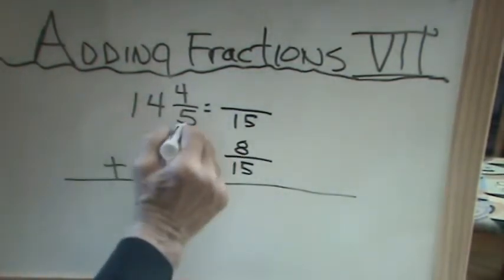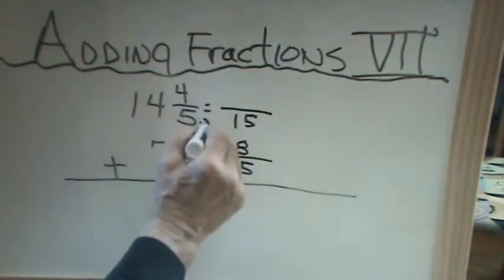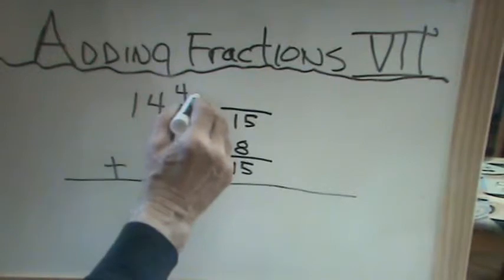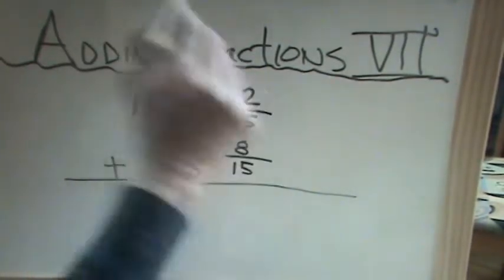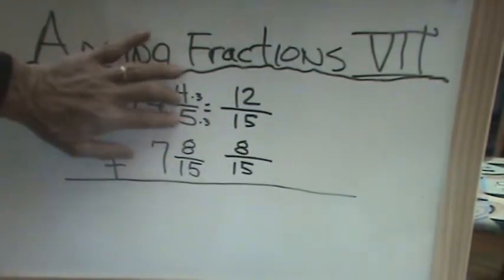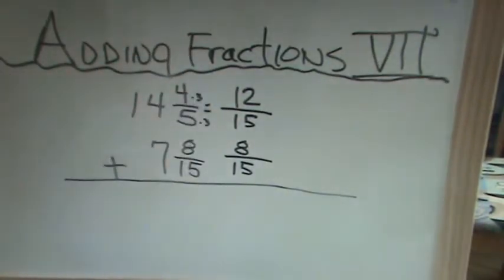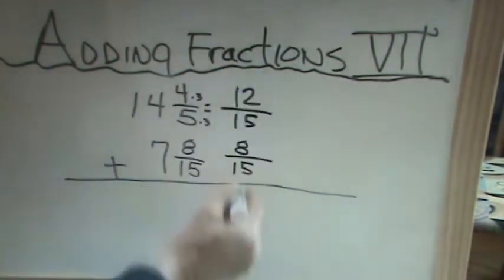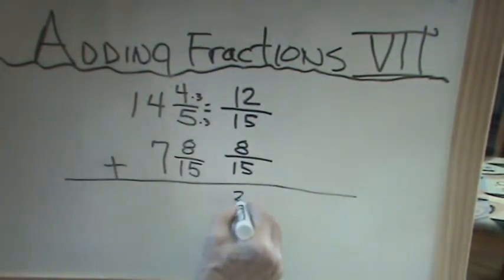Okay, so we say 5 times what number gives me 15? Well, 5 times 3 gives me 15. Then we have to multiply the top by 3. 4 times 3 gives me 12. So now I have raised the name of 4/5 to a fraction that has a denominator of 15, and it's 12/15. Now I add these. Well, 12/15 and 8/15 will give me